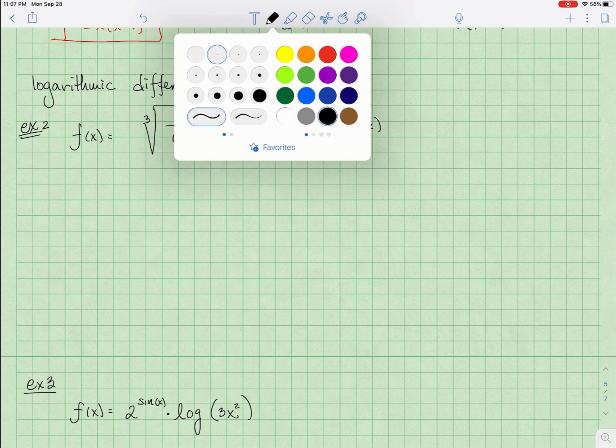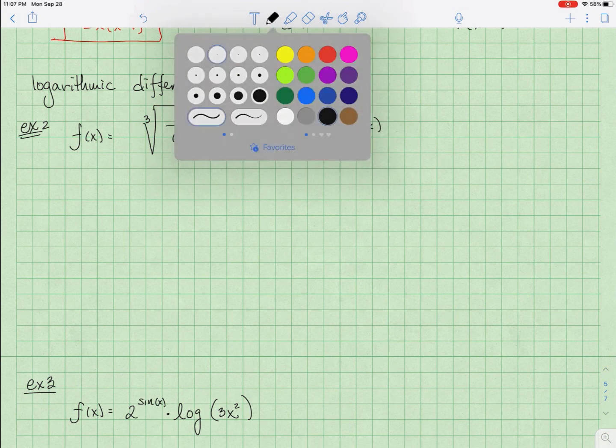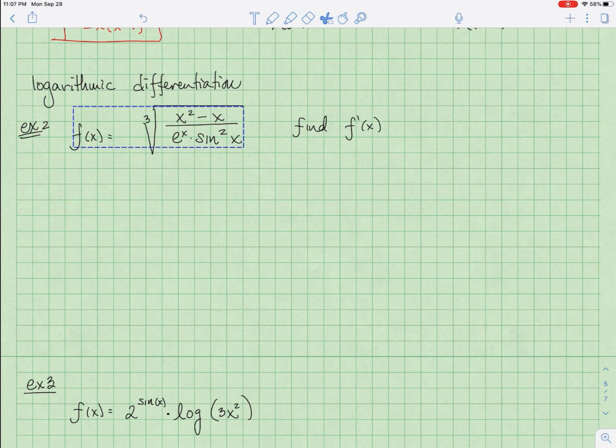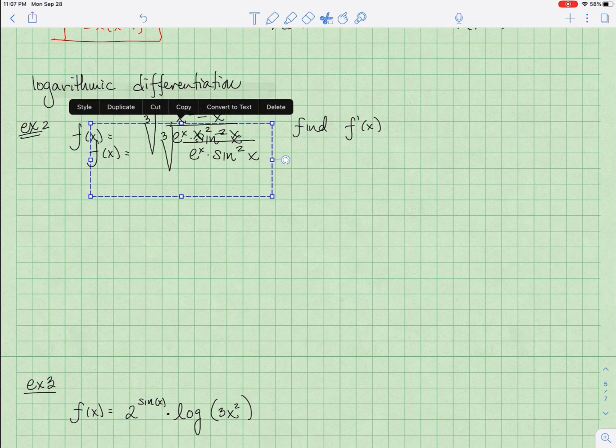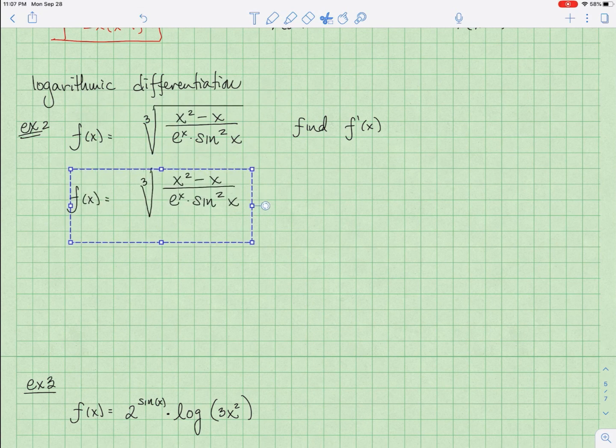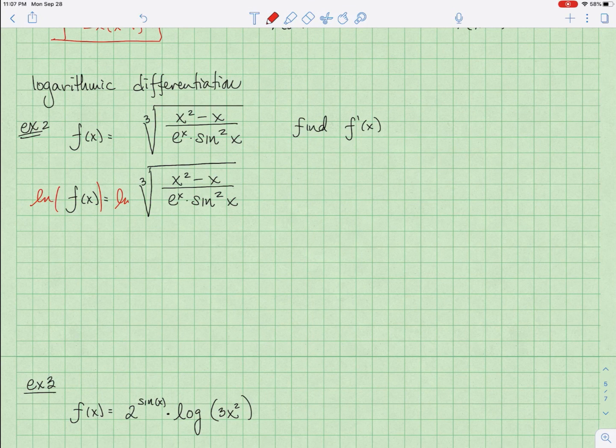Or I can take this expression and I can take the natural log of both sides, which will allow me to rewrite this as